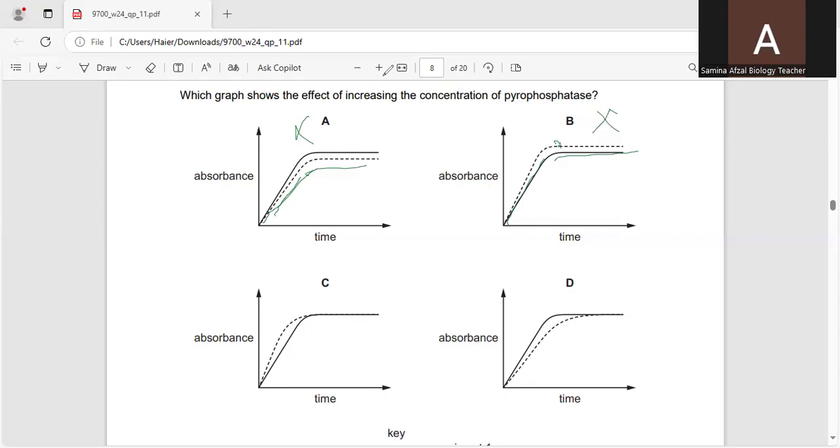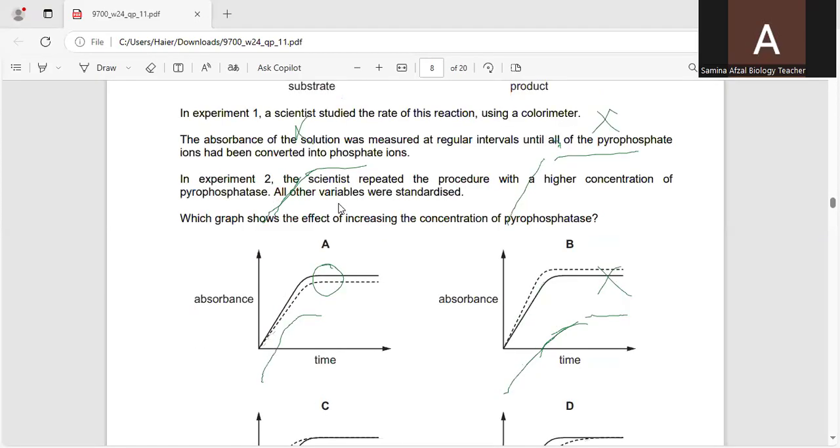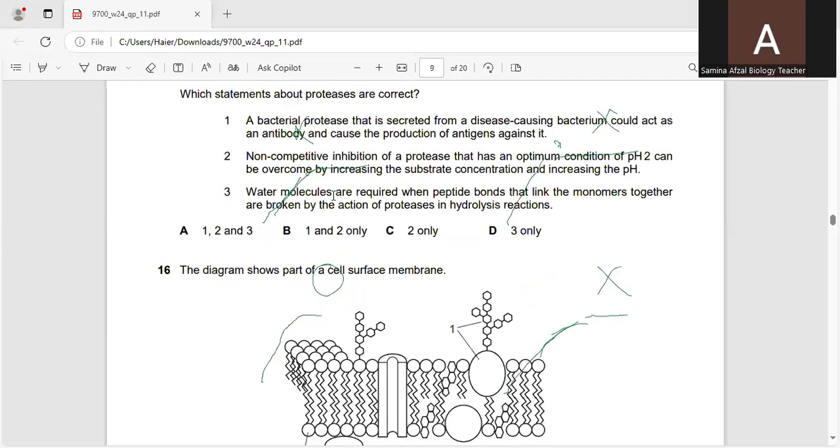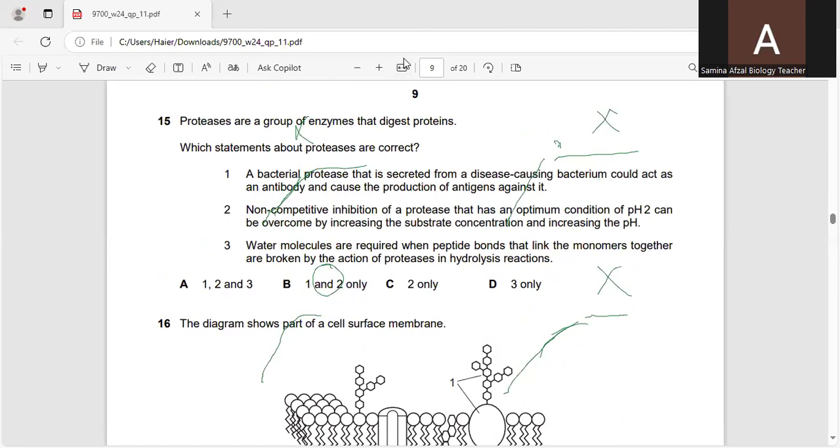In C, you can see it started earlier, and it stopped earlier as well. So C is the correct option. And in D, it was slower than the first. No, it should not be. I have explained that it will start fast and stop earlier, because there will be less substrate concentration in comparison to the active sites available in the reaction. So the answer is C. Now we are moving towards the next question, and the next question is,